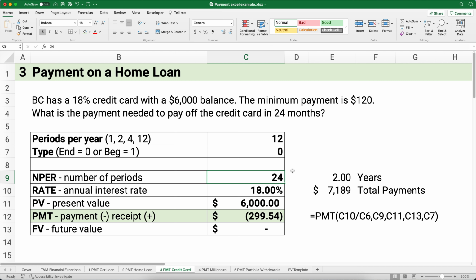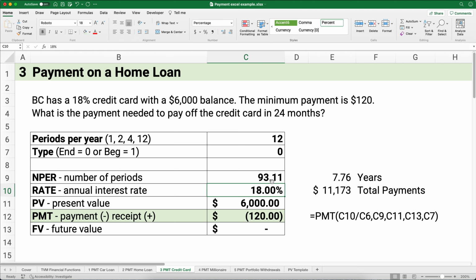Well, if you paid $120, I calculated this before the video, it's going to take you 93.11 months to pay off this credit card. Okay, so your payment is $120. It's going to take you 93 months, which is almost 8 years, which means you're paying